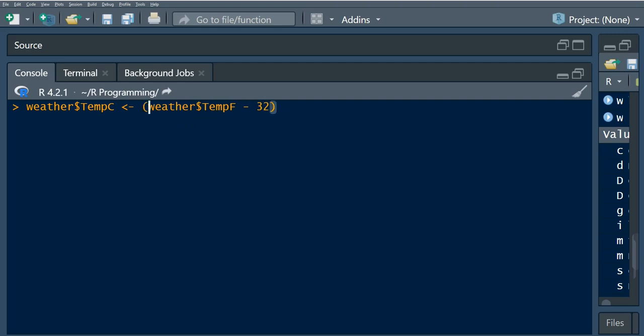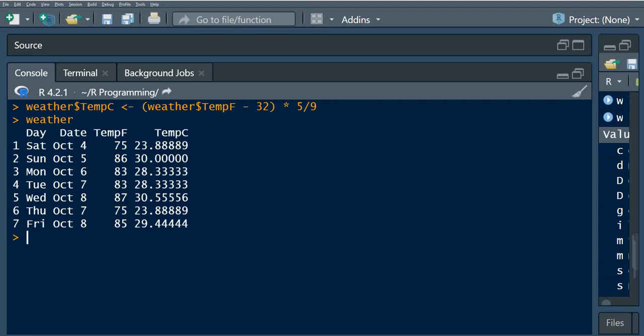So I'm going to subtract 32 and I am going to multiply this by 5 divided by 9. And if I run this and I now say what are the observations in my data frame and I try to run this, you observe that we have created this new